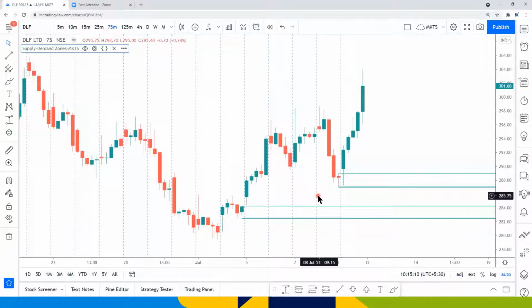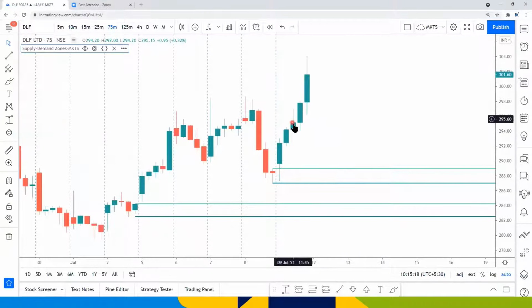Ali Akbar says, why not 294? So Ali Akbar, it may not be fitting the criteria in terms of the basing candle here. I think you're talking about this. Yeah. Here it is not fitting the criteria, not a narrow range candle, and it is actually a part of the rally itself. Not a good structure of basing. If you see a good structure of basing, something like this. Tight, narrow range candles, a sideways price action. This is like a part of the rally itself. So this pause indicates some accumulation. This is a run up.